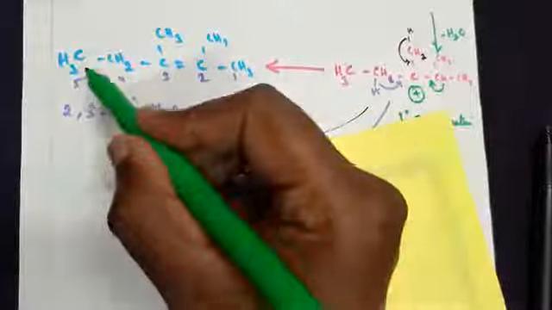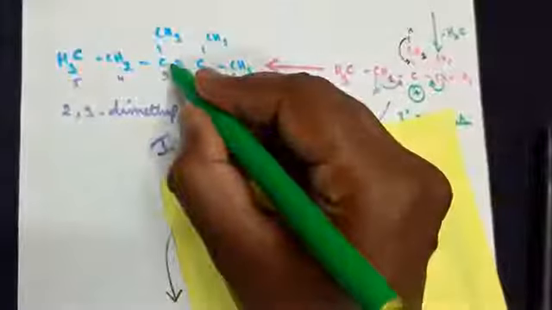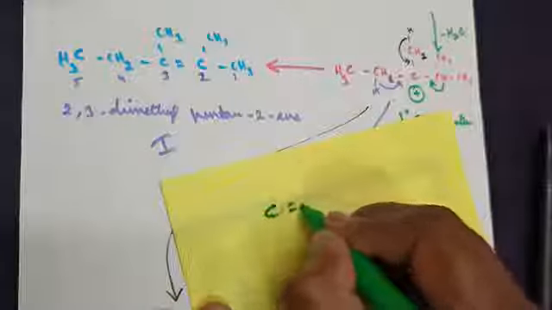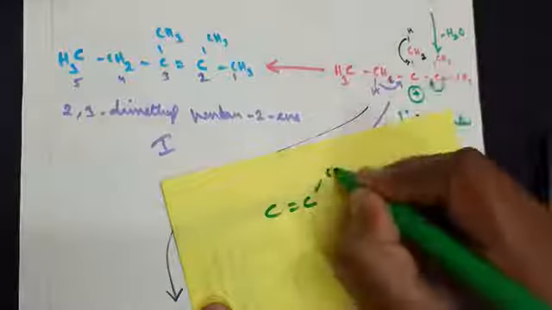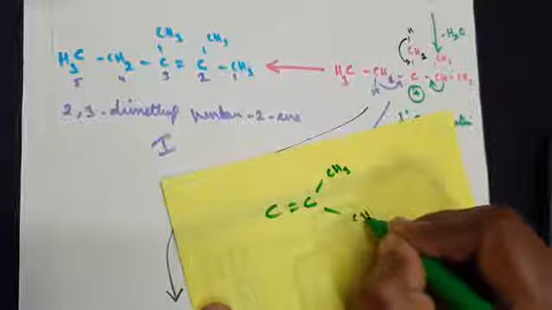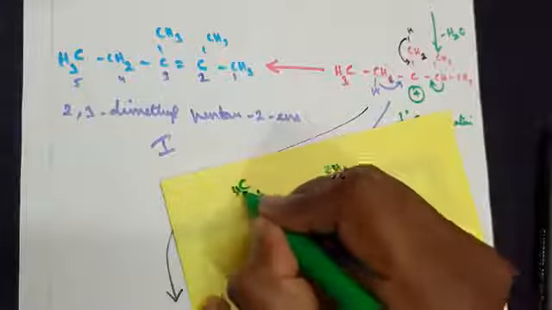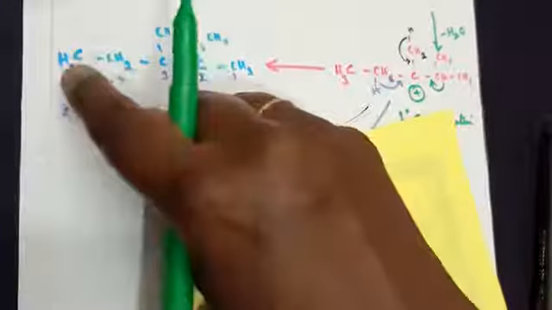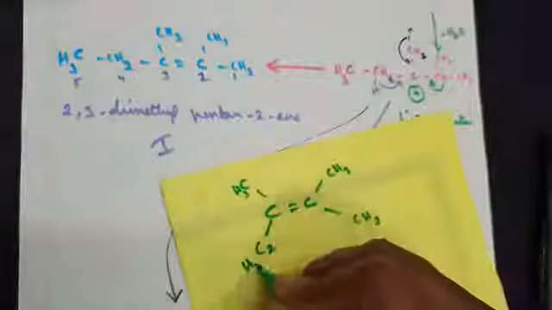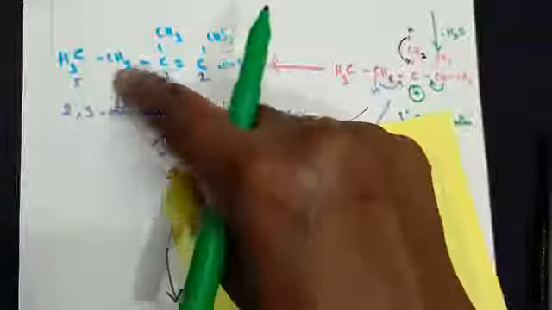So I'm writing the step. That is this one. When I write here, I've got a carbon double bond carbon. This carbon has got 2 CH3 groups here, so CH3 and a CH3. This carbon on one side has got a CH3 group, and the other side you can put together. You can expand and write carbon 1 and carbon 2 as a C2H5, an ethyl group. Whether you split and write or put together.